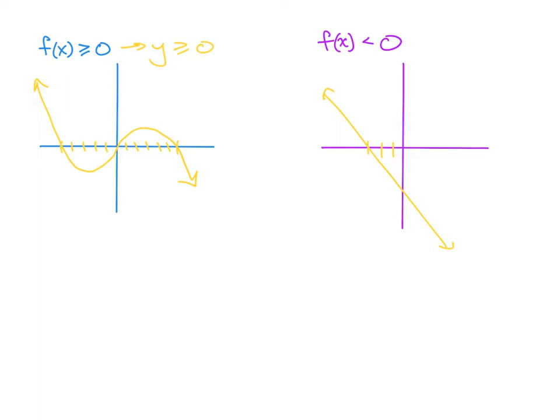Okay, so the first thing we can do is very easily identify where is this function equal to 0? Where are the y values equal to 0? That's just asking, what are the zeros of this function? And just from a graph, they're right here, and right here. Pretty simple. So we have 3. We have -5, 0,